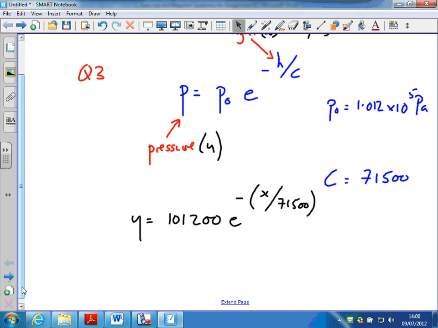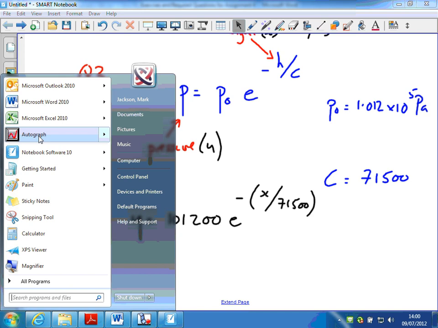So that's what I'm going to type into Autograph, and then I'm going to play around with the function and see if I can get it to appear on the graph paper, and then use that to find the pressure when the height is 1,420 meters. So let's have a go. So start up Autograph,